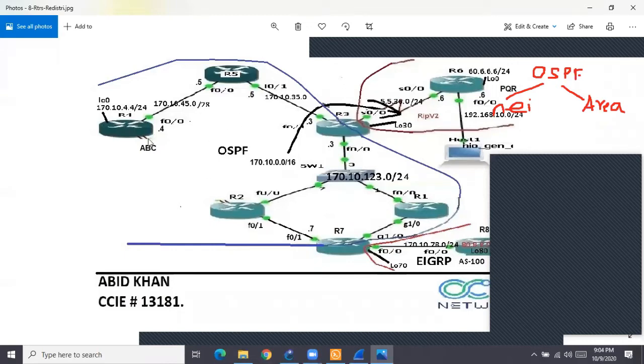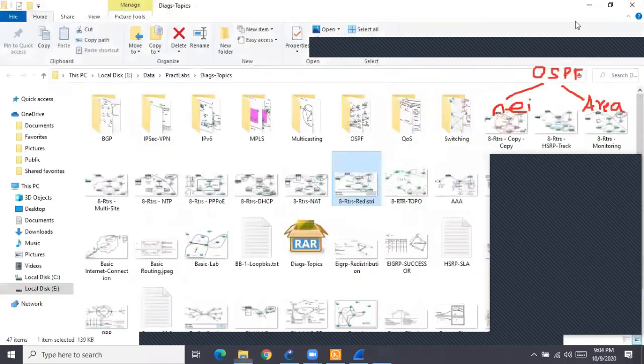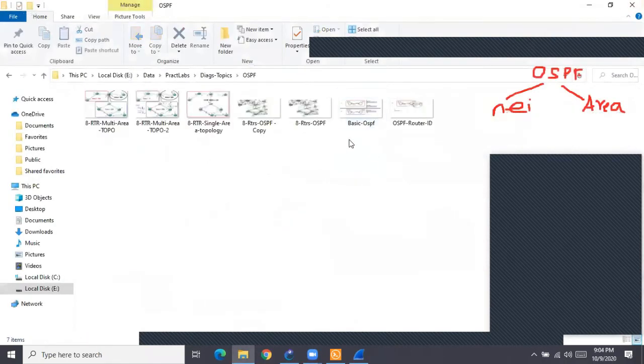I was showing all these 6 routers as part of OSPF, but in reality they are not in one single area. It is made up of multiple areas, right? So this diagram does not give any idea about the areas. So let me close this down. Let us see the actual OSPF diagram.